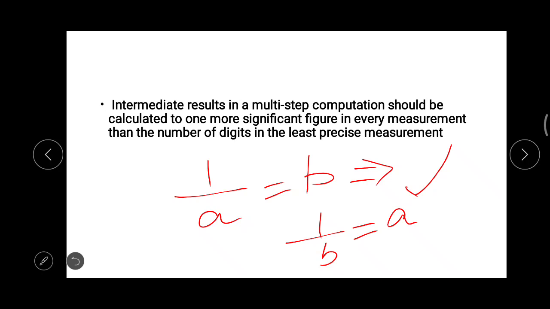In the next class we will deal with the dimension of physical quantities. It's one of the most important topics from this chapter. So just go through the textbook portion of the dimension of physical quantities, and as well these error portions, and try to do the exercise questions. Some of the exercise questions are very easy. You can directly find out the answer from the textbook. Try to complete the notebook as soon as possible.